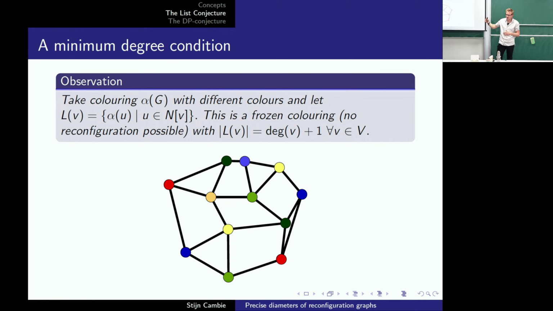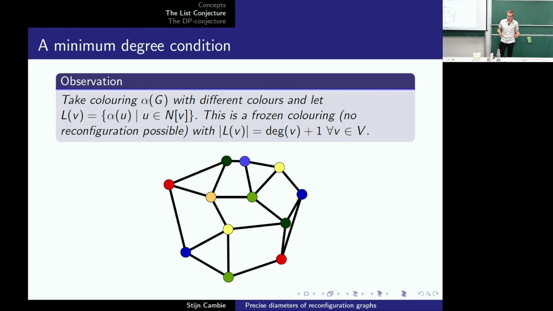So, for example, I mentioned the CK of the clique on K vertices was just a bunch of isolated vertices, and we can do something similar in general with list colorings. If the list of every vertex has size precisely the degree plus 1. So, for example, here we have a graph, and we basically take a proper 2-coloring, so no two vertices at distance 2 have the same color. For every vertex, we take its list being equal to the color the vertex has, plus the colors at its neighbors, which are disjoint. So in that case, all lists have degree of v plus 1 colors